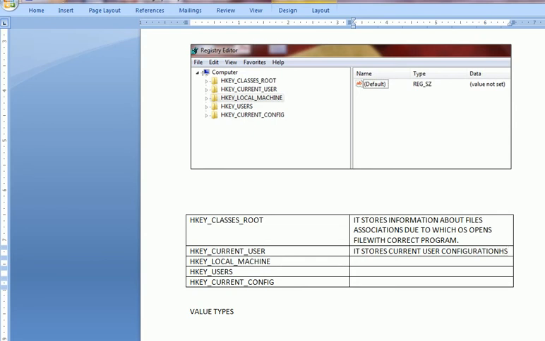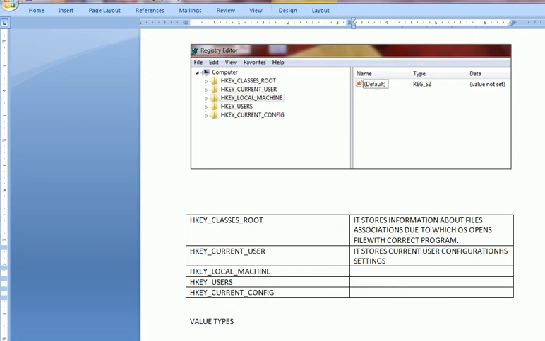Next is HKEY_LOCAL_MACHINE. This is also known as HKLM. It stores the configuration settings that are specific to the computer and the software installed on it, but independent of the users. That is, one user cannot define the others. So you can write it stores individual